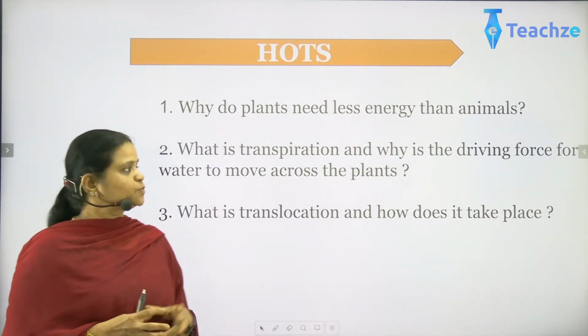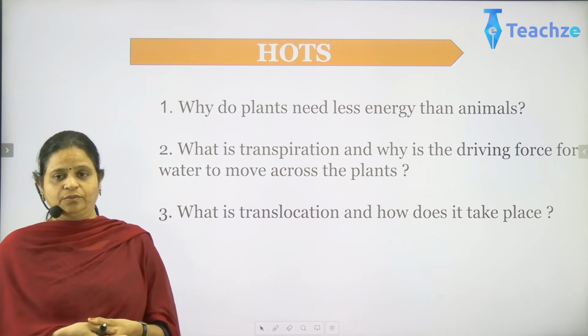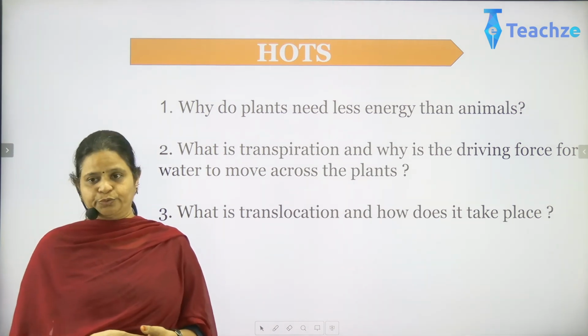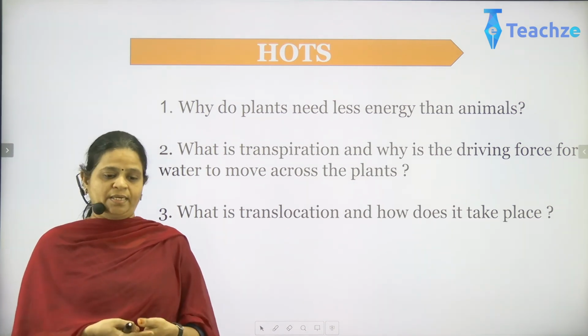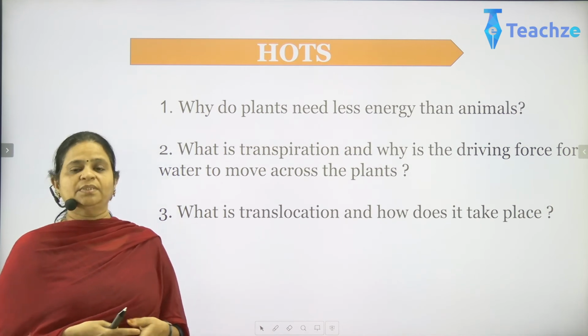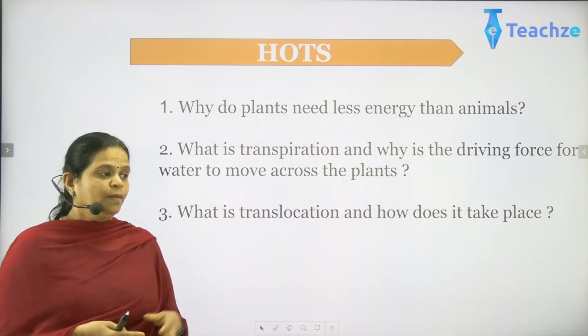To conclude this, whatever we saw just now, that is what are the conducting tissues and what are the different aspects of phloem and xylem and how these are all conducted. Before I